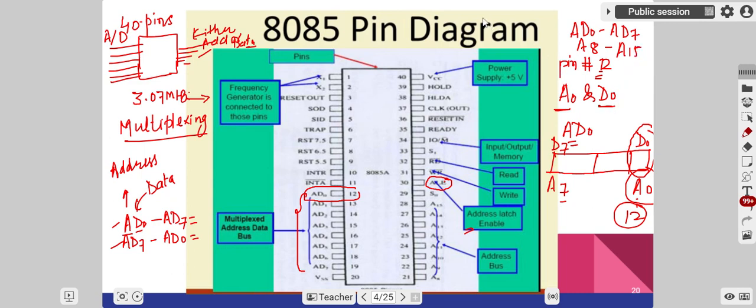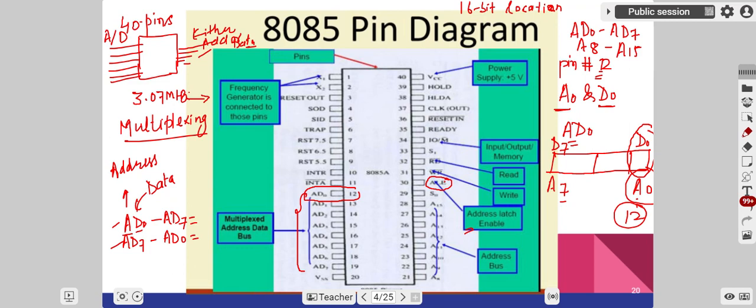So whenever we have to address a 16-bit location, because the address of every location in the 8085 microprocessor is of 16 bits,